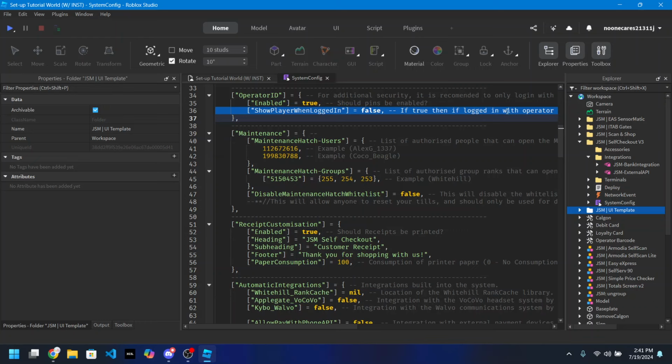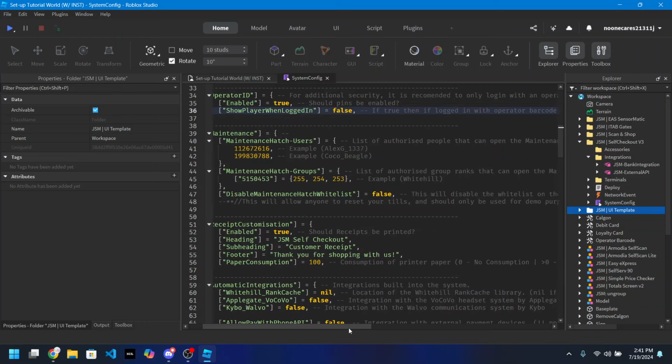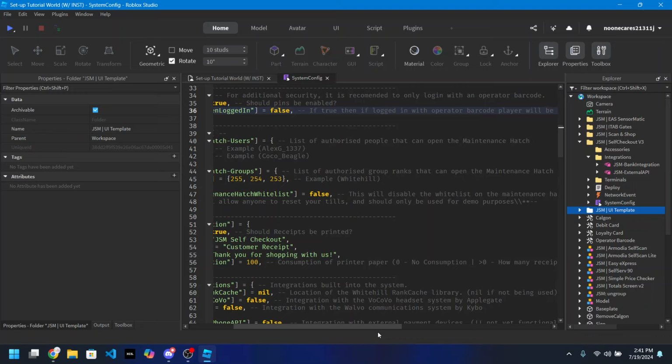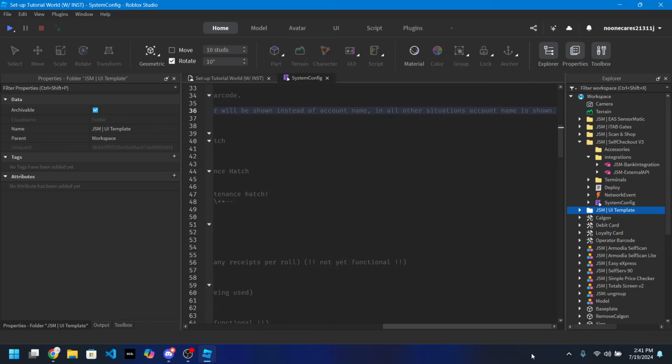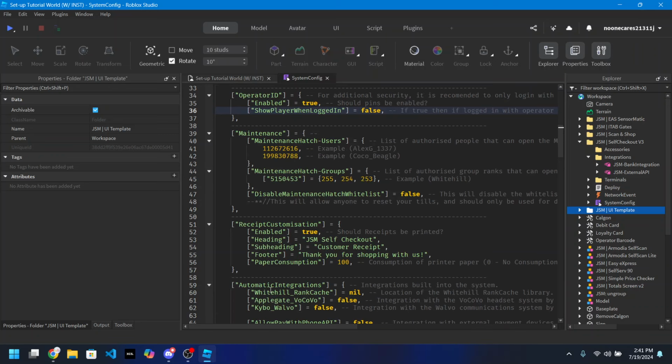Show player when logged in. If true, then if logged in with operator barcode, player will be shown instead of account name. In all the situations, account name is shown. So basically, at the bottom right of it, whenever you're in staff mode, it will show your name instead of